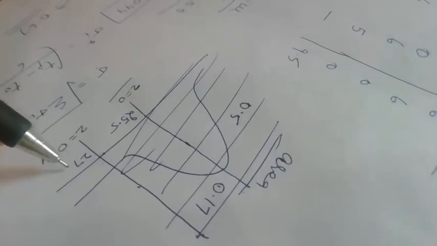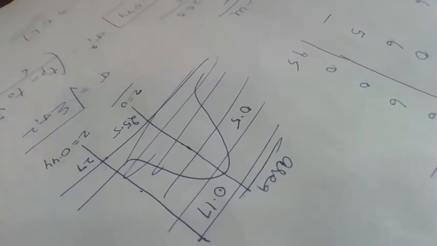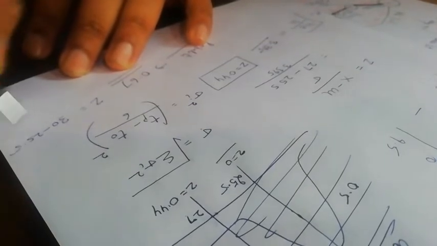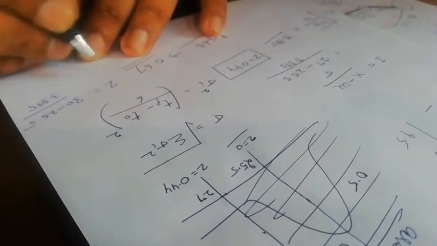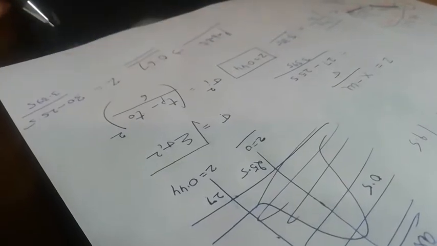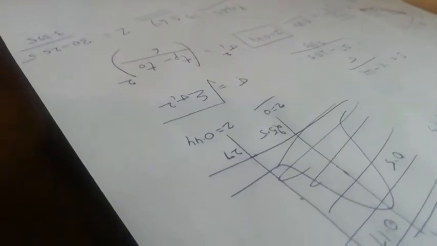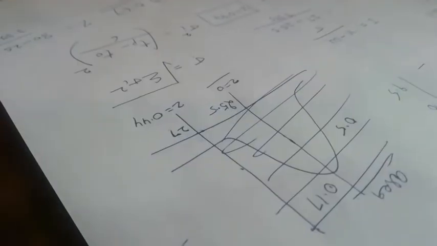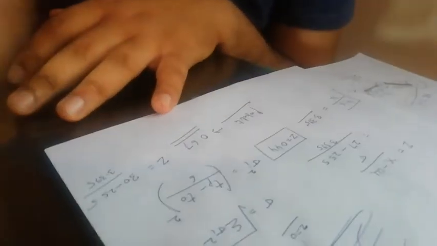Suppose we want the probability that the project will be completed before 30 days. In that case, only this 27 becomes 30, so your new Z will be calculated as 30 minus 25.5 divided by 3.395. You calculate it and get the Z value. Similarly, you can check the table to find the area under that Z, and then add 0.5 to that area to get the probability that the project will be completed before 30 days.